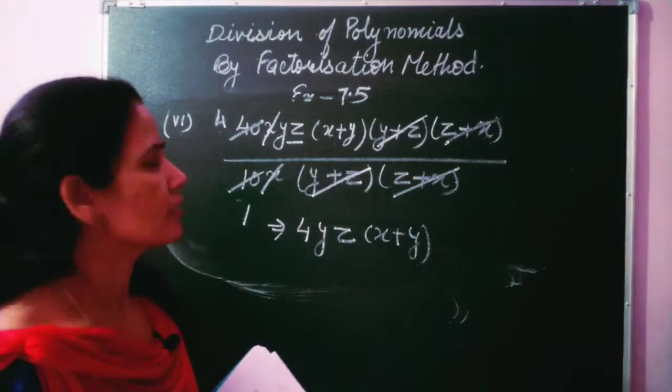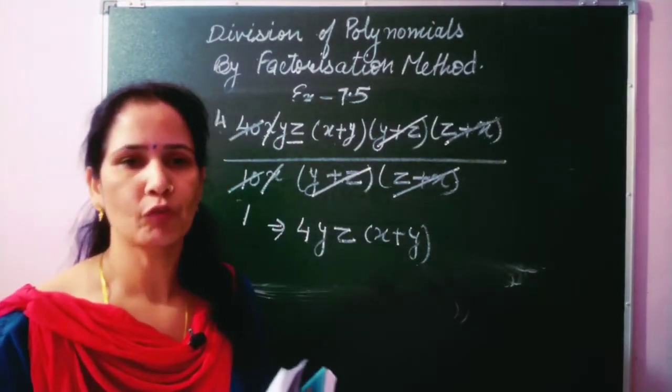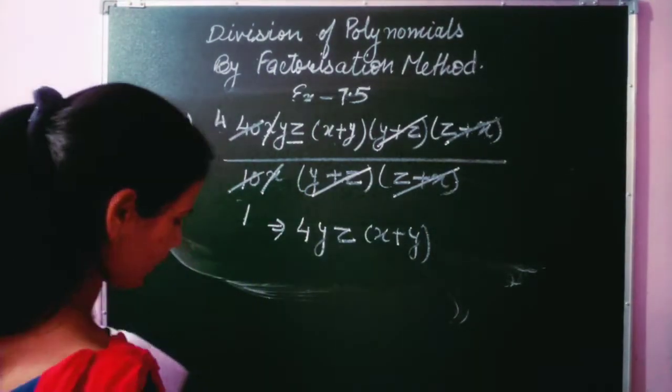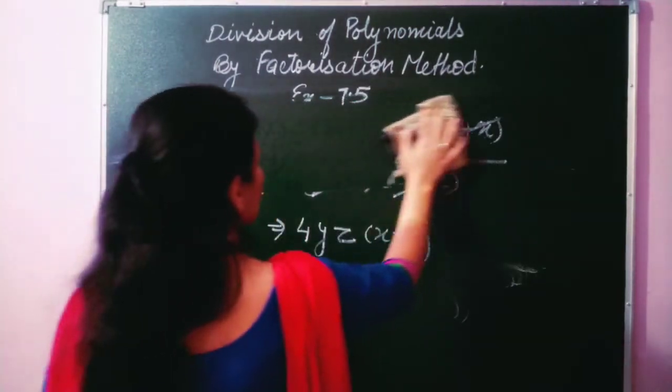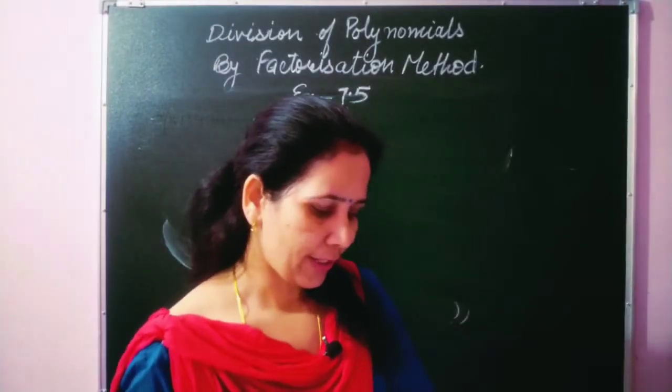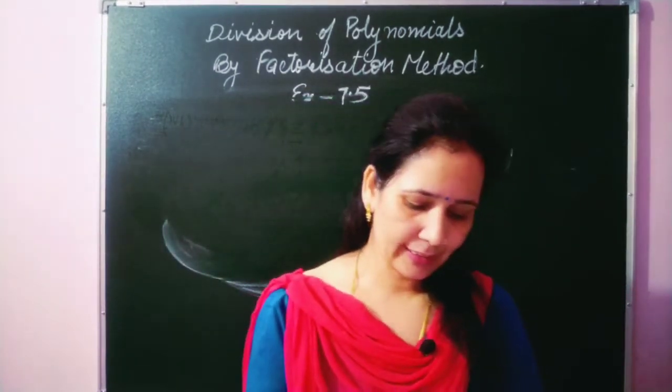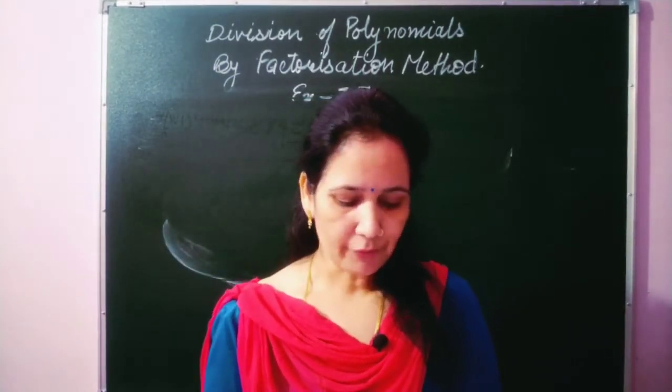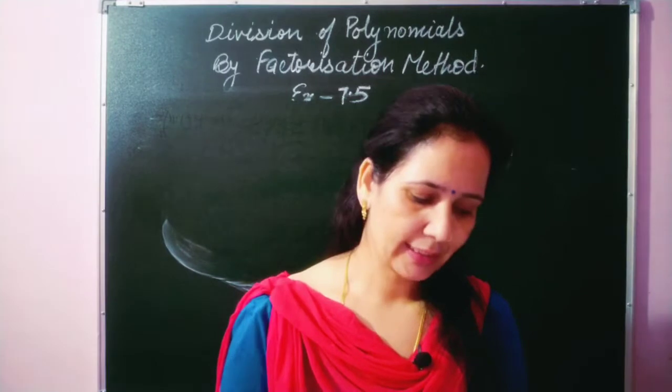Till now we have discussed question number 1 and its few parts. Now we are going to discuss question number 2. In question number 2, factorize the expression and divide as directed. The same thing: first of all we have to make the factors and then we have to divide. So question number 2, let's start with its first part.